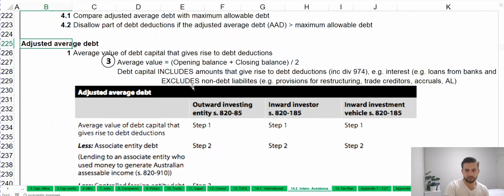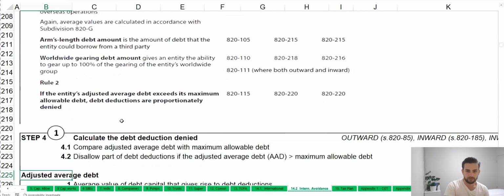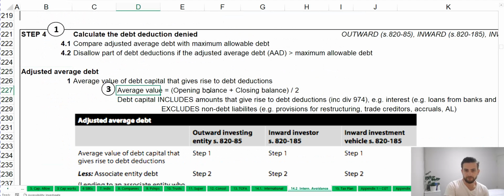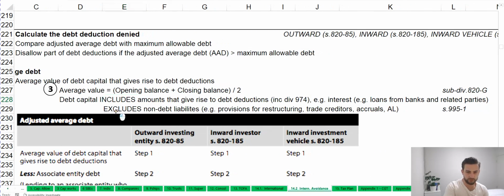And then we've got the calculations for each of those. So the adjusted average debt, which we mentioned up there, is the average of debt, but adjusted for certain items. So it's opening plus closing divided by 2. That's the average value. And the debt capital includes amounts that give rise to debt deductions, e.g. interest, so for loan from banks and related party,